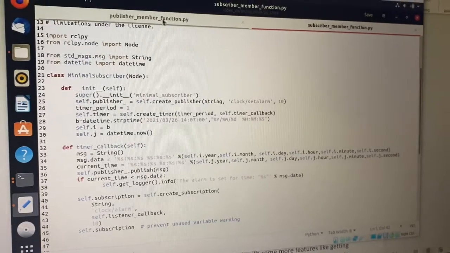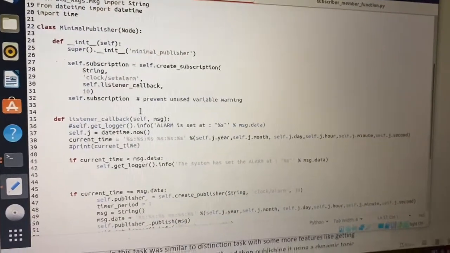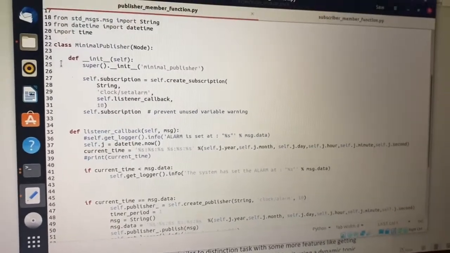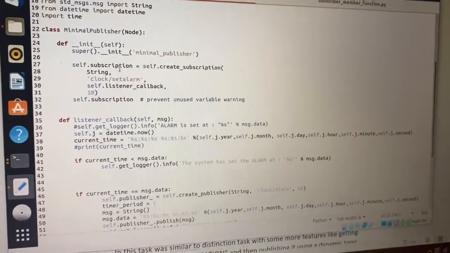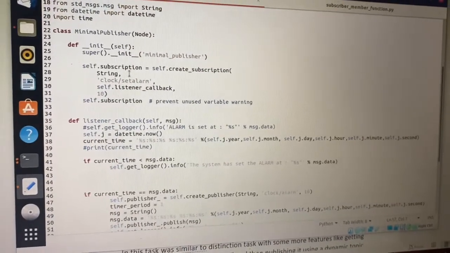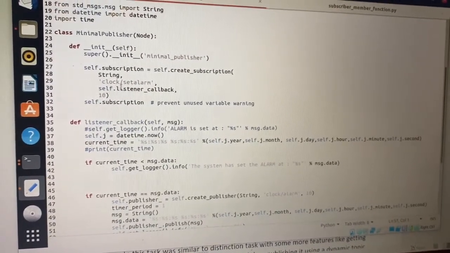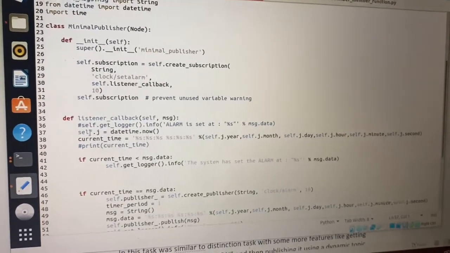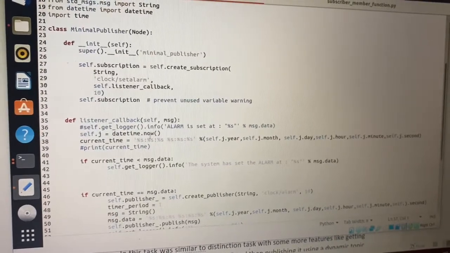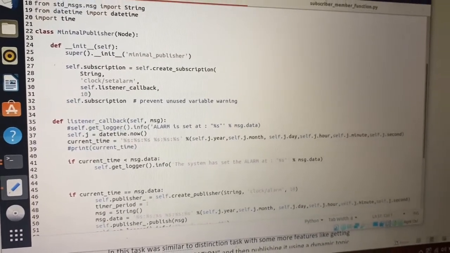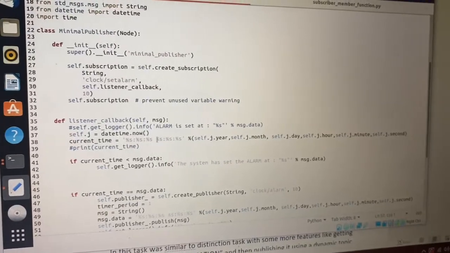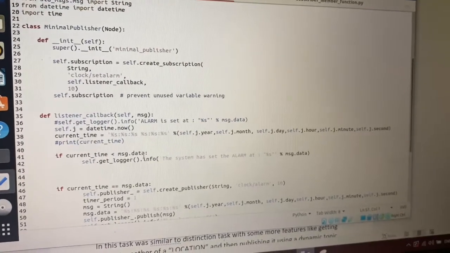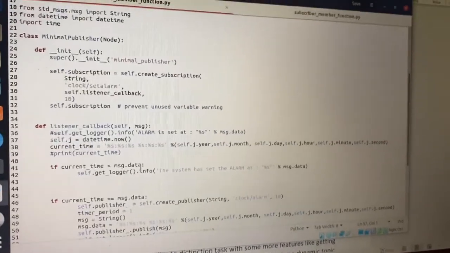I'll jump to the publisher and come back to the subscriber for the rest of the part. So the subscriber will publish it, and in this you can see we have used datetime again, import datetime. Initially, our publisher will act as a subscriber. It will subscribe to clock/set alarm and then go to the callback. In the callback, self.j is datetime.now, which is the current time. Syntax is here. If the current time is less than message data, and message data is the time at which we want the alarm to go, which we'll get from the subscriber,